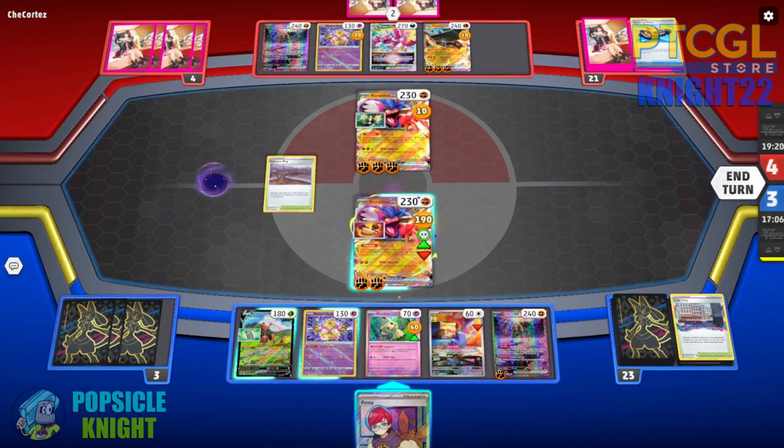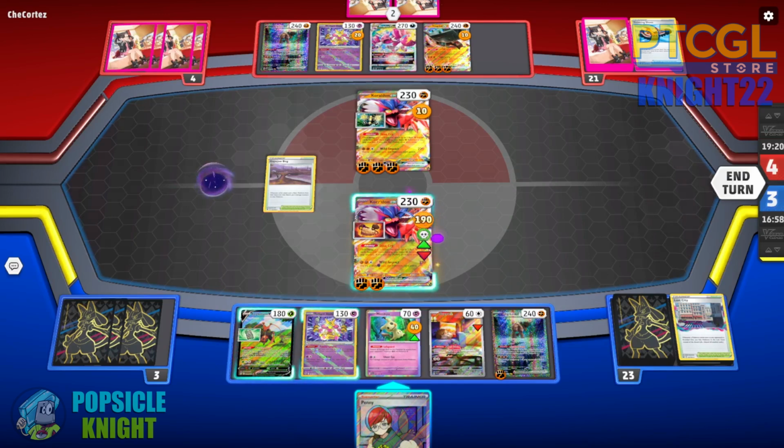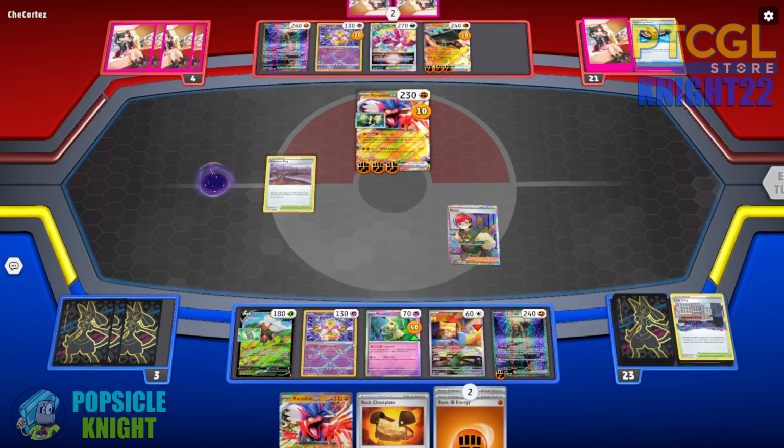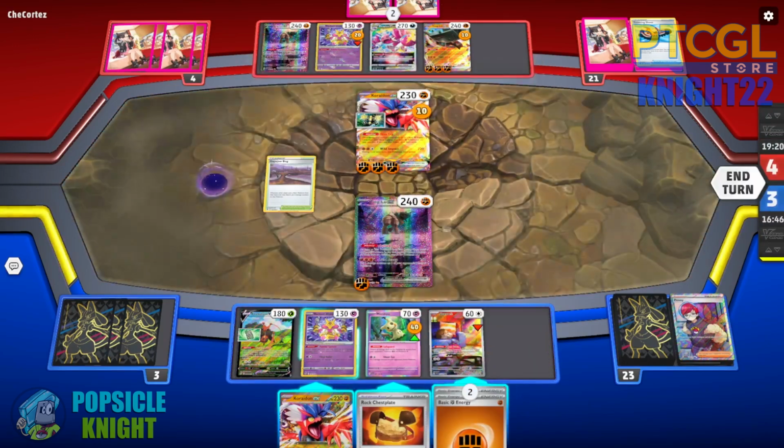Dude, we got Penny! Penny! Yes! Penny! Let's go! Oh, we needed Penny! Unbelievable! Oh, man! Squovid has done it again! Saving our Koraidon EX from...